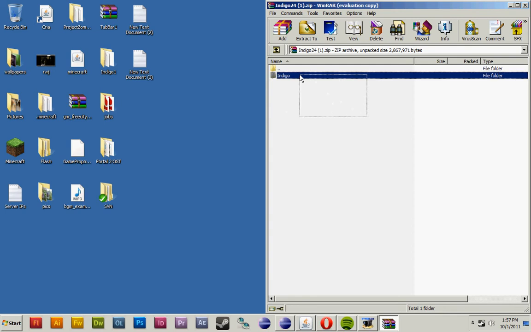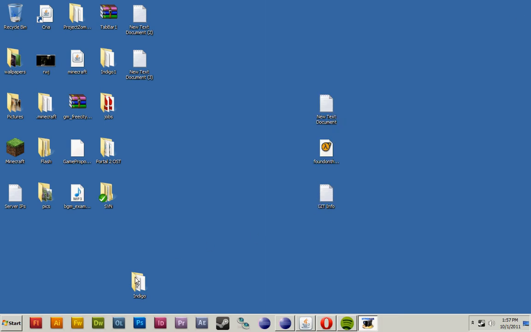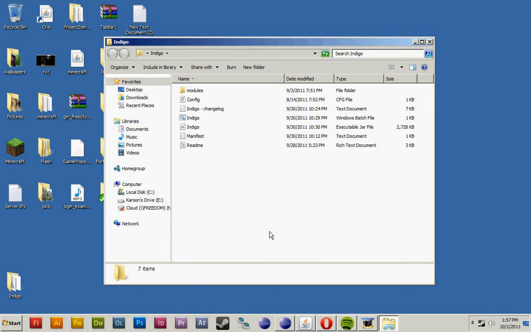Your computer may look a bit different because I'm using WinRAR, but Windows will open these files automatically anyway. So we want to just click and drag Indigo's file. You can close the folder at this time if you've opened it. Okay, so let's go ahead and open up Indigo. We want to go to